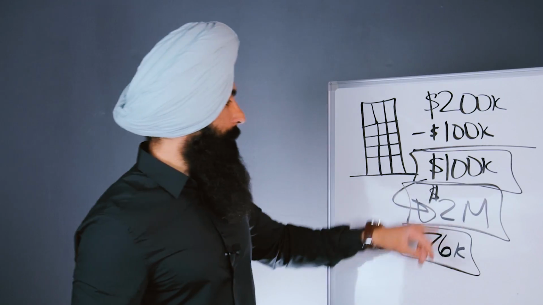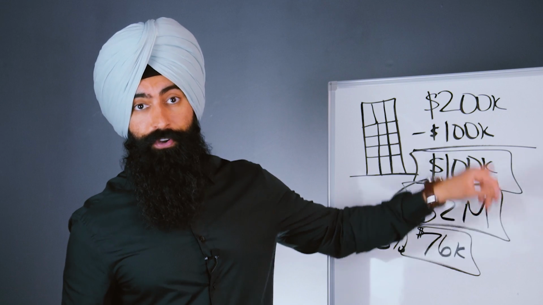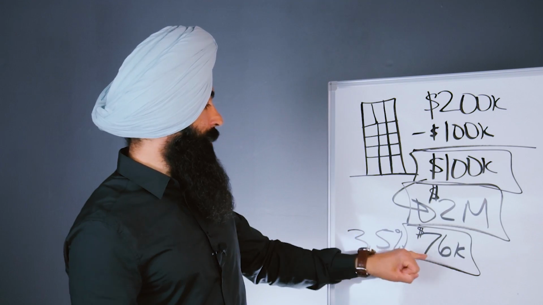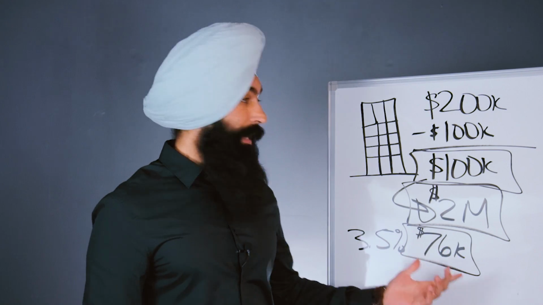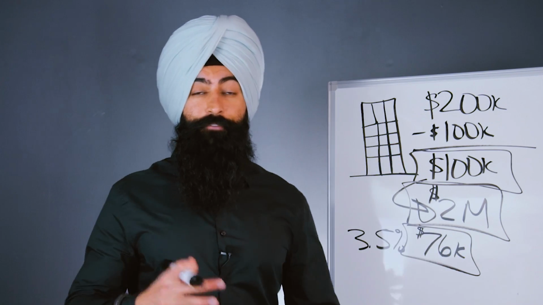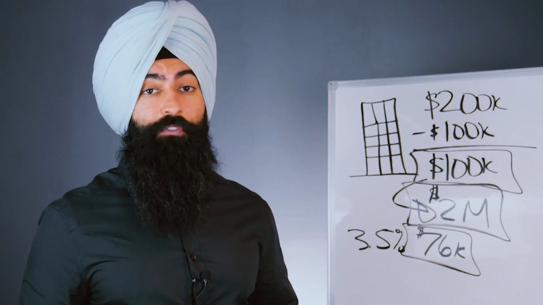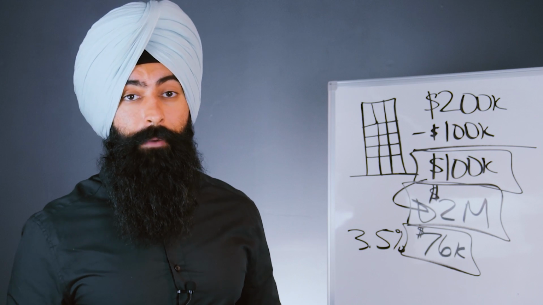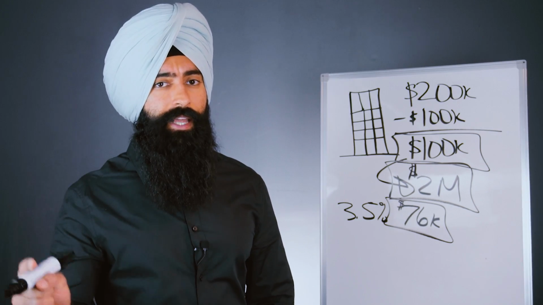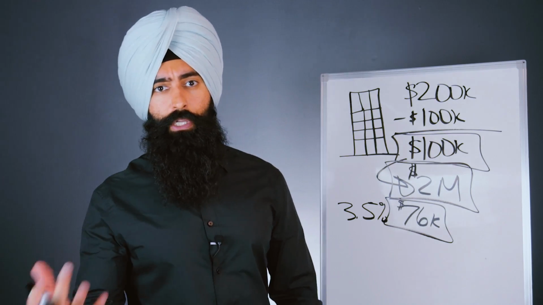Now remember, you're making $100,000 a year after your expenses before your mortgage. Your mortgage payments are $76,000 a year, which means you have some margin. You're going to make about $24,000 every year after paying for all of your expenses and after paying for your mortgage, and that $24,000 is what you get to keep in your pocket. But the problem that we're seeing today is you're not going to get a 3.5% mortgage. You're going to be getting something closer to that